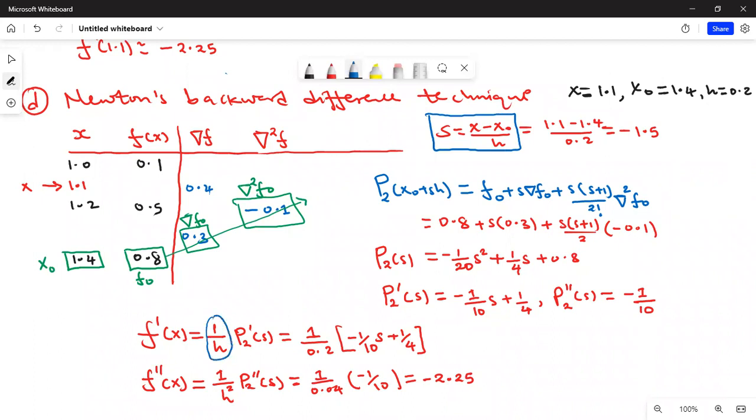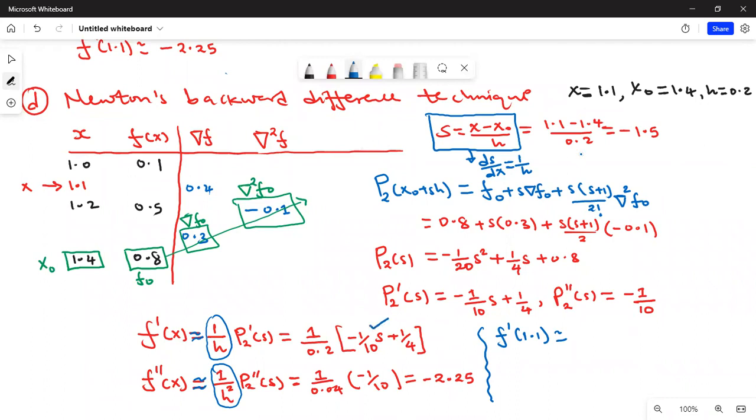Here it is squared because of the second derivative. So let me just say that ds dx is the same as 1/h. So let me now replace these values. So we now need f prime of 1.1. And remember, these are approximate values. They're not equal to. These ones are approximate. So this is approximately equal to,